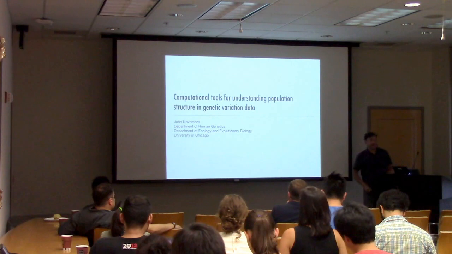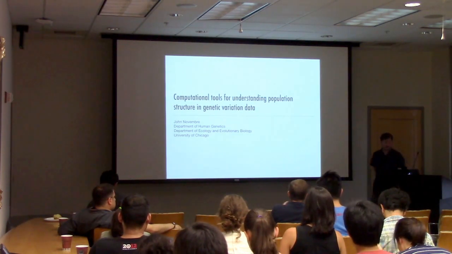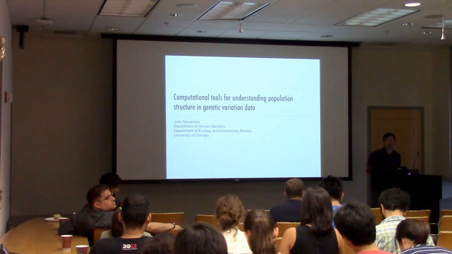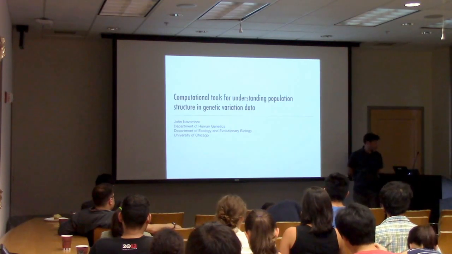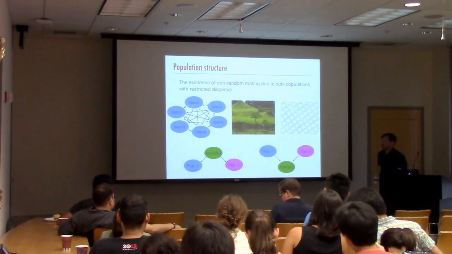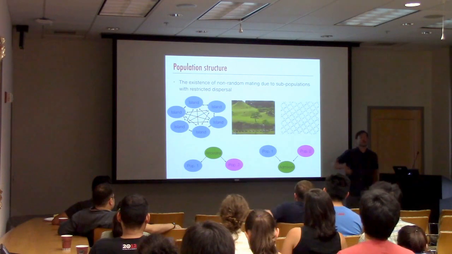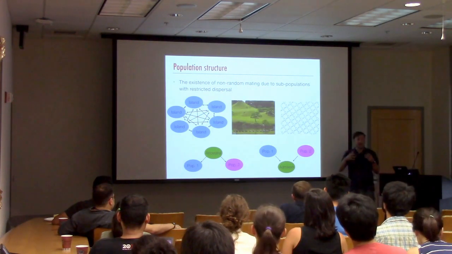Let's get started. I'm John Novembre. I'm a population geneticist at the University of Chicago. And today I'm going to be talking about population structure and some of the tools that we use to study it. So population structure is the existence of some form of non-random mating that is due to subpopulations existing within